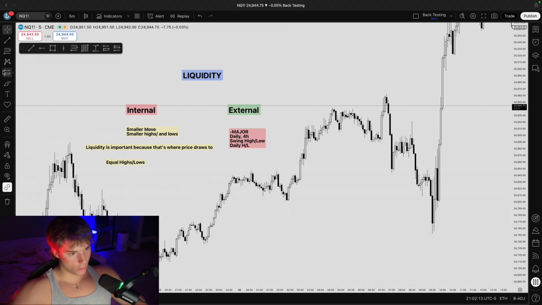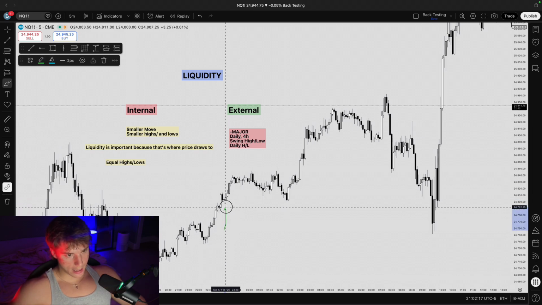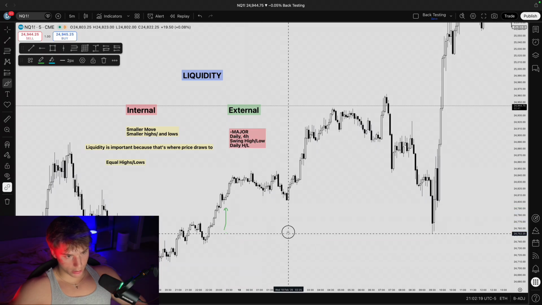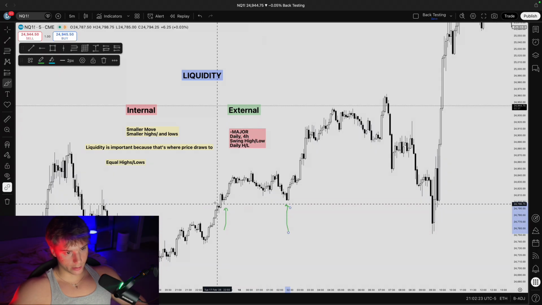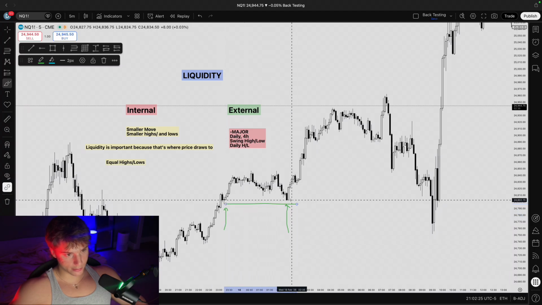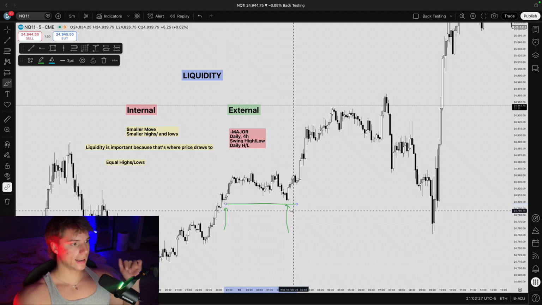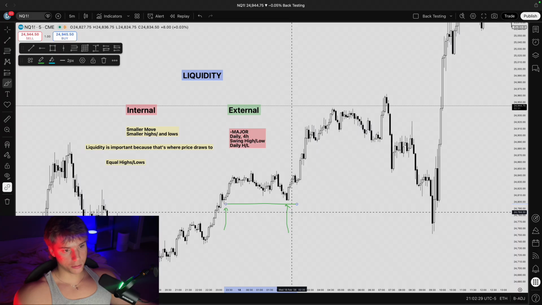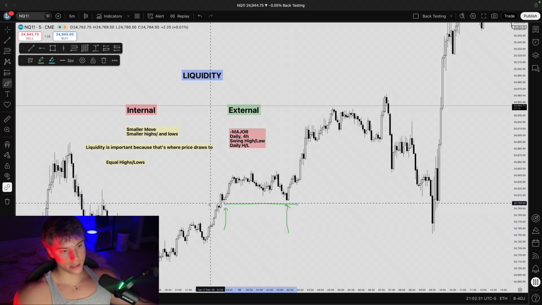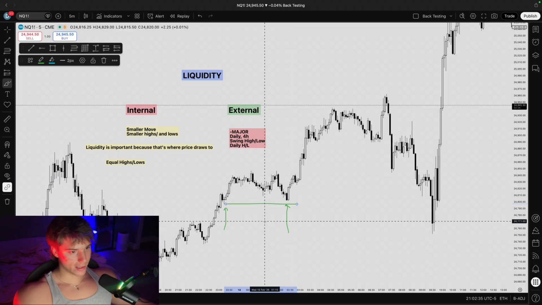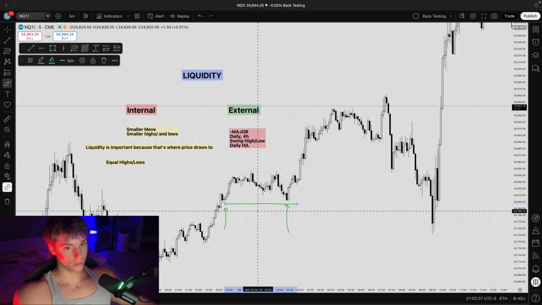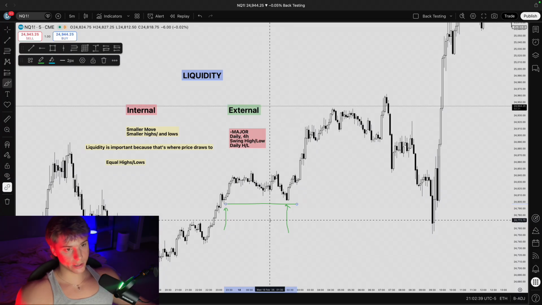So what I mean by that is this low has to be lower than this low. Why? Because if this low was below this low, you wouldn't consider that an equal or relative equal low because this set of sell side liquidity already got taken out. So the only way it is a relative equal high or low, which is your strongest draw on liquidity, is